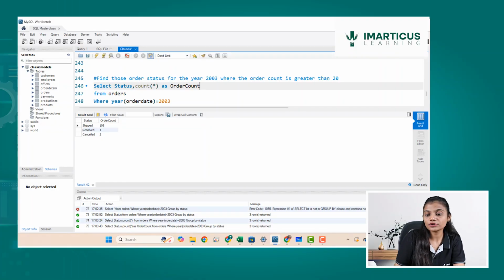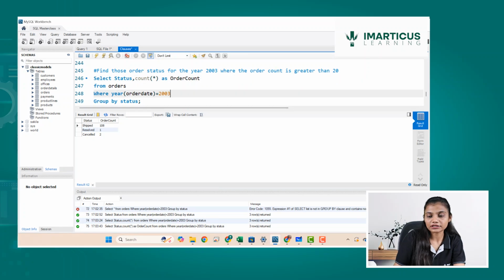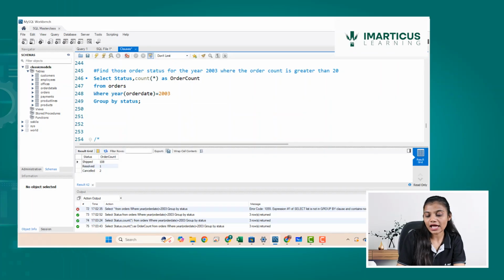So what I will do is, after grouping up the data, I will be implementing something called having. Now having what? If you can see, I have filtered on the basis of year.